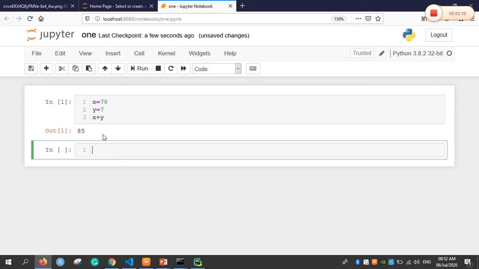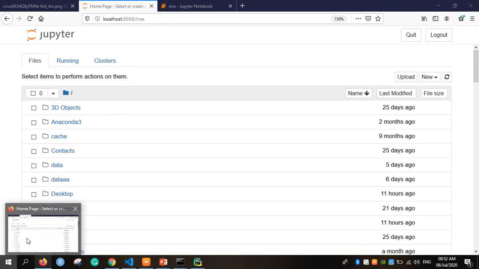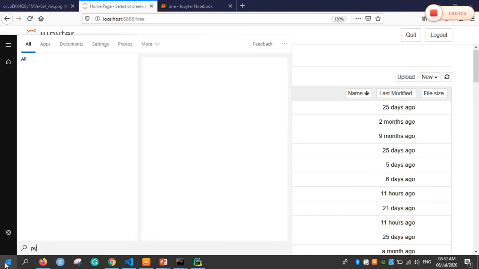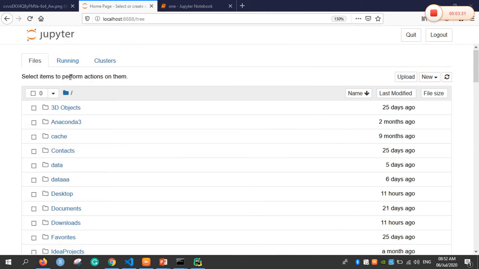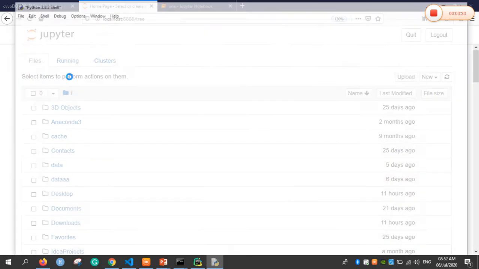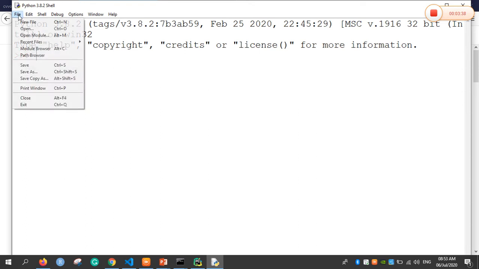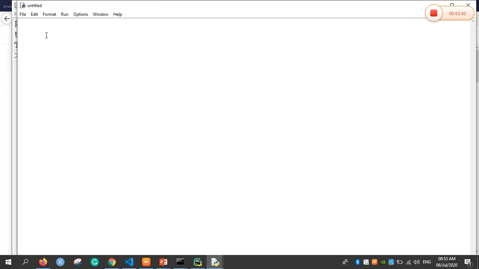The second way is installing Python IDLE in your system. After installation of IDLE, you can go to the command prompt, then select IDLE Python 3.8.2 and double click on it. It will open the Python shell. Go to the option File and select New File. Here type the basic Python code.